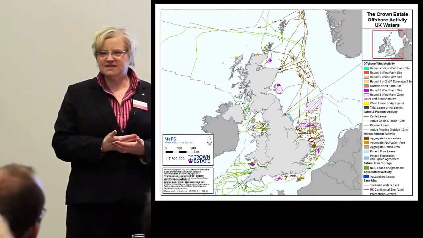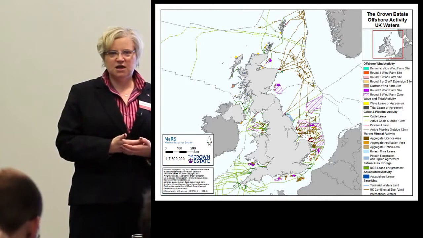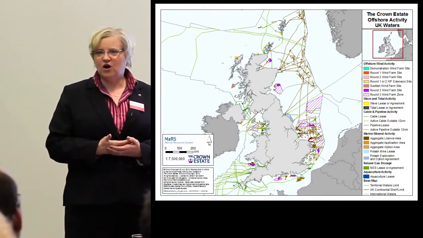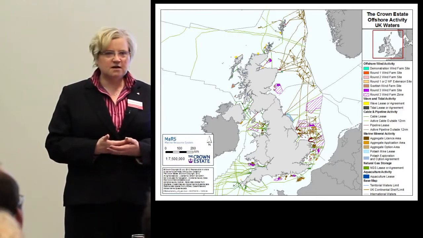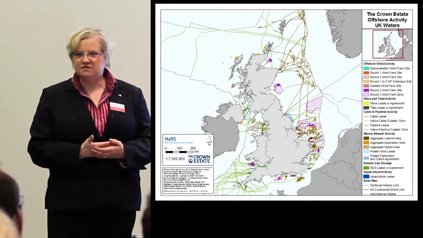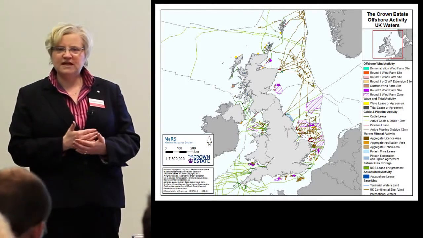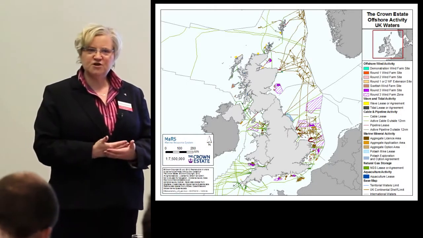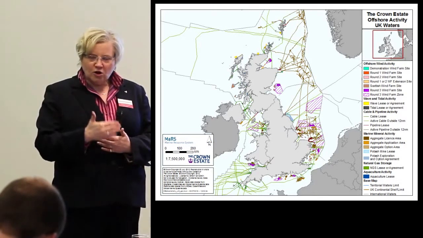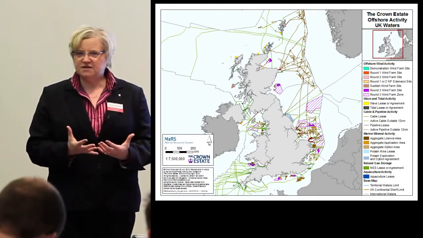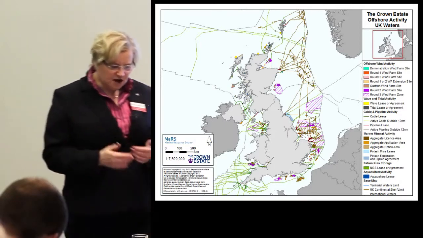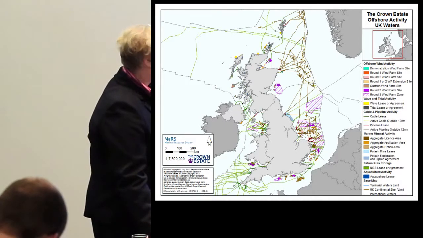Getting your planning consent put together and submitted, the average cost of putting a consent together for a wind farm is 20 to 30 million pounds. Think of all that at-risk capital. For developers, it's really important to get a return on their investment as quickly as possible, to keep up along the timeline of the stage of investment in order to get a return for the most up-to-date technology. So these are very, very big schemes.